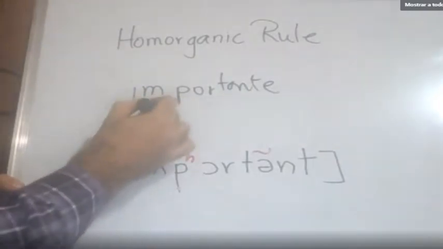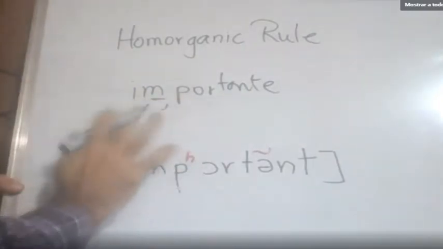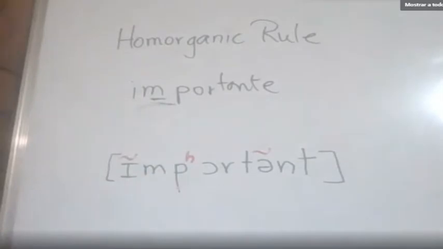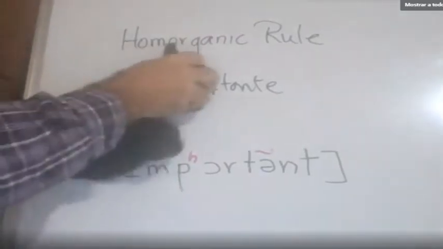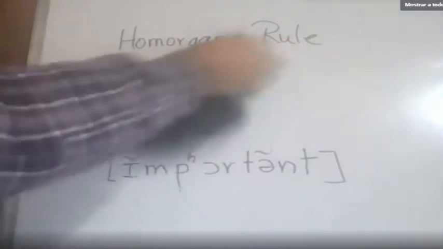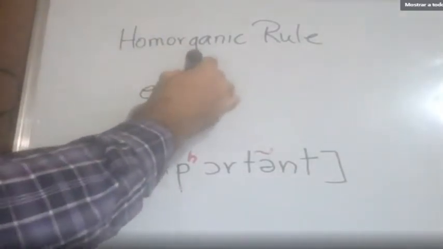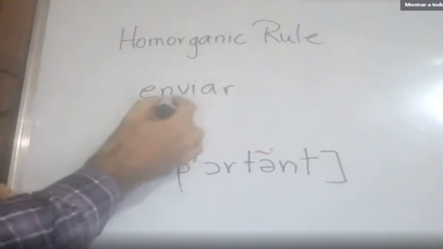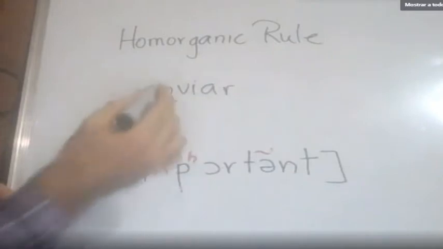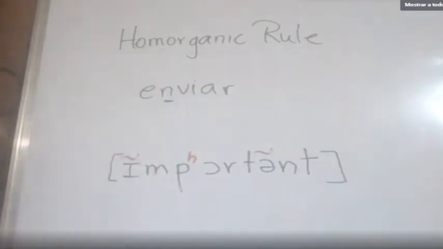Here you cannot write an n, never. But then before v, you can write an n. In Spanish, you say, for example, enviar. You don't write m here. However, guys,